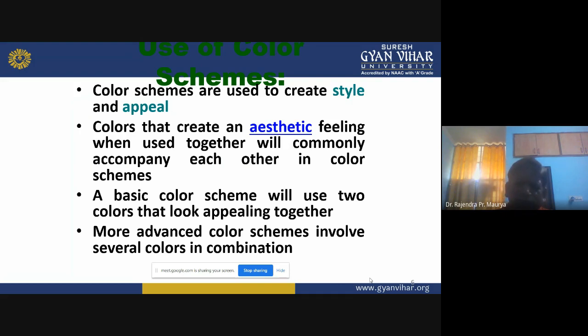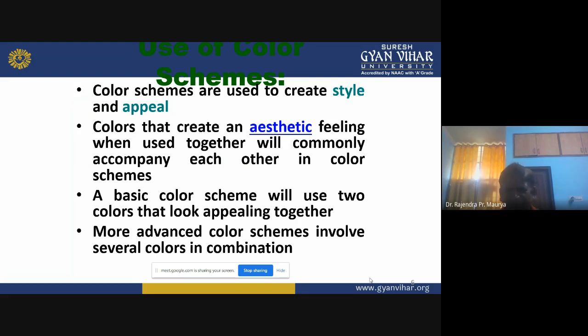We can take the example of formal style gardens. On one side you are growing red flower plants, then on the right side, the opposite side, we also have to select the same plant species that will bear the same color flowers. That is the style. And appeal means the colors, beautiful flowers, they attract visitors, because colorful flowers are the attraction point in the garden. So that is very important.